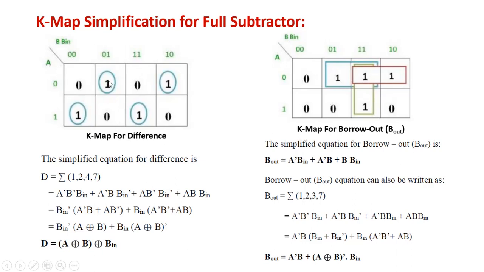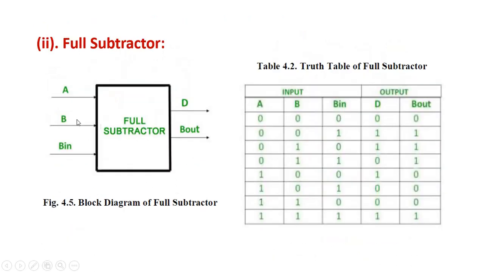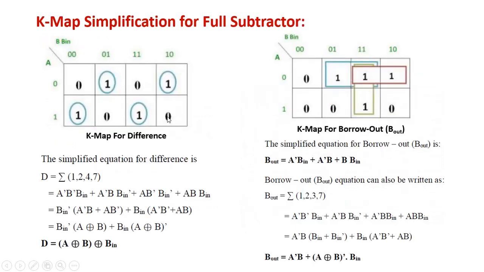For the K-map for difference, you will form groups by taking the combinations which will give D equal to 1. So this combination, this combination, this combination and this combination. You can see here in the K-map. So finally you will simplify this equation. You can write it as the minterm summation of minterms 1, 2, 4, 7, and you will